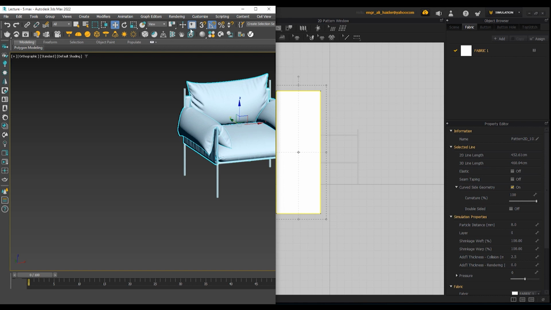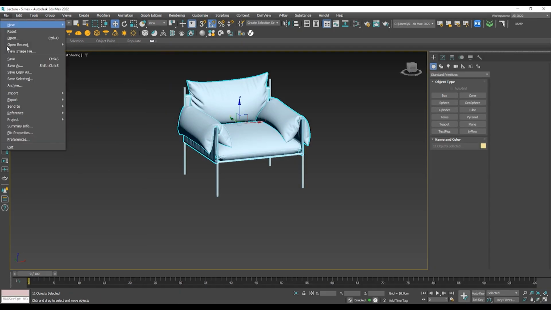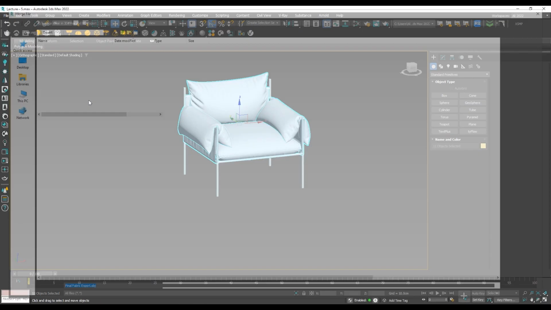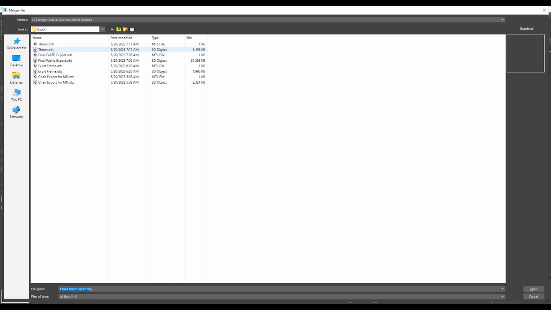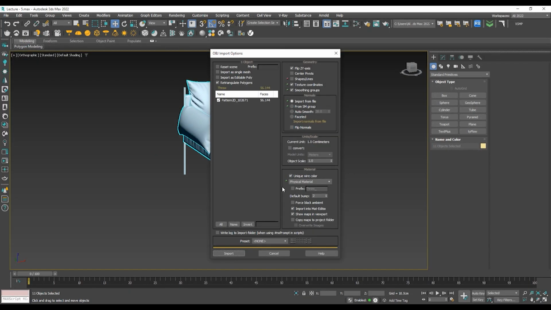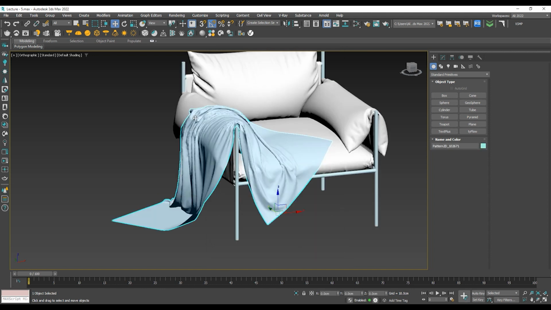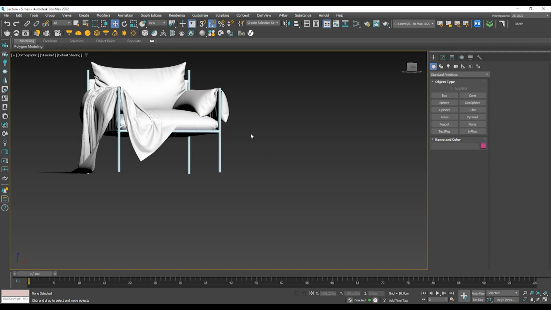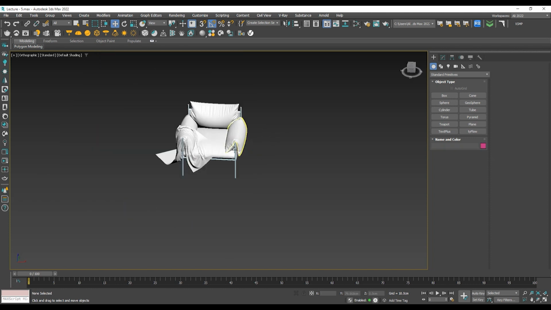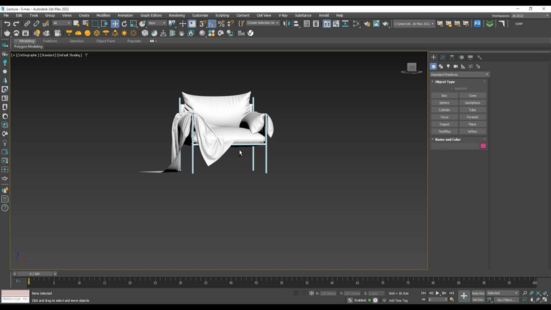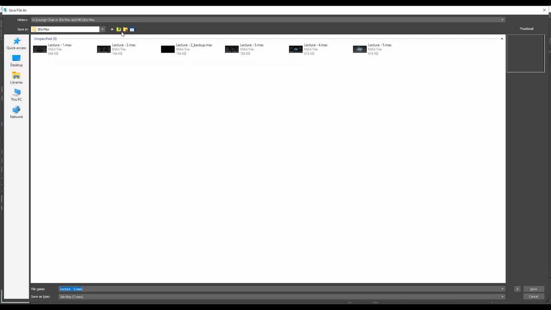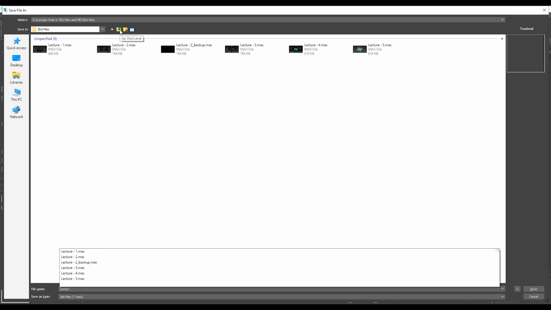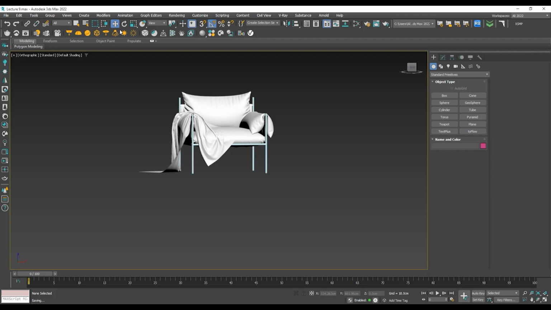3ds Max, File, Import, Merge, and throw. Leave all settings, import. Here we are. Perfect. So let's save this file and let's call it maybe lecture 9. Okay,